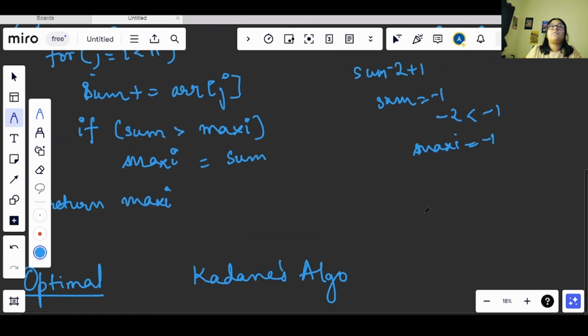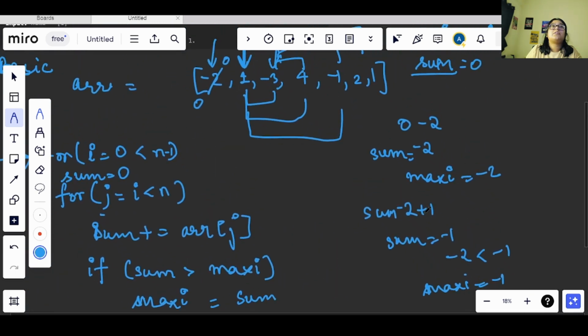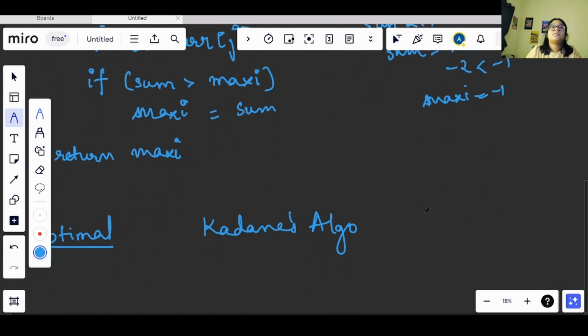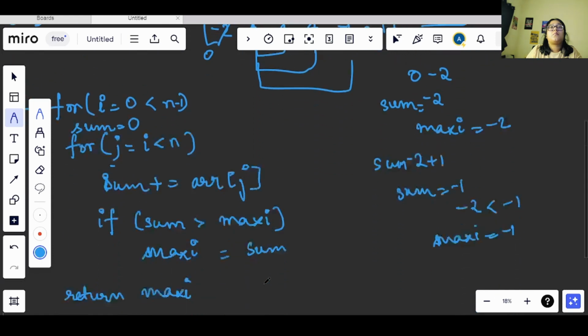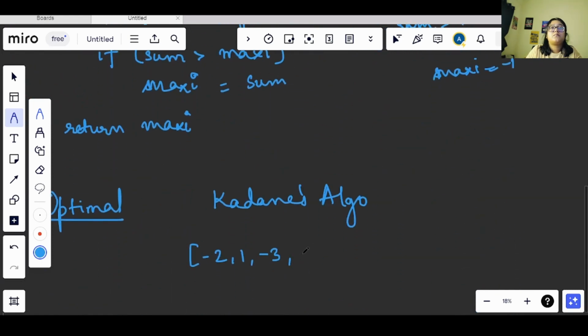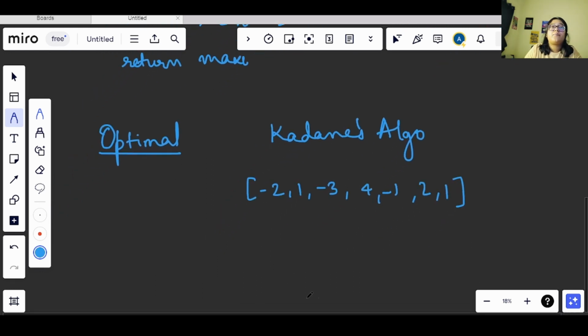So now what will happen is, let me copy this array. Okay, -2, 1, -3, -4, -1, 2 and 1. Okay, so now let's start from here. Okay, now I have started calculating the sum.